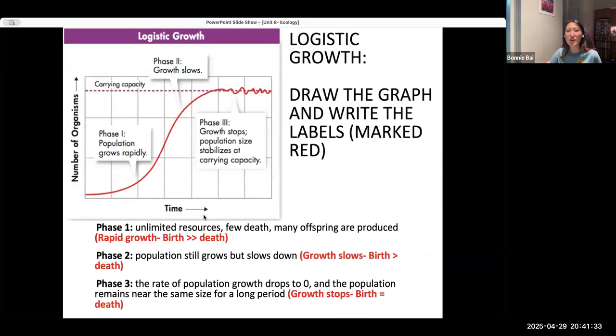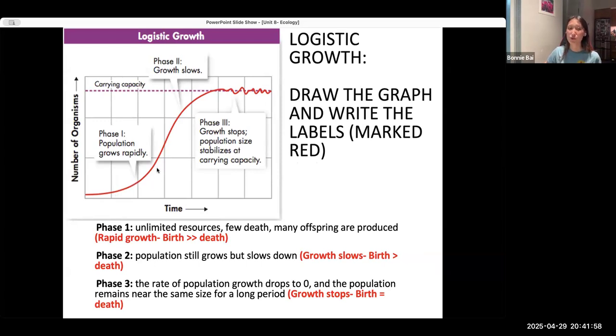Okay, moving on from here, we have logistic growth. It is more realistic, what happens with organisms. It makes sense. At the beginning, it's kind of slow because you don't have a ton of population to start with, right? But as the population accumulates, they're also able to survive and reproduce and pass on their genes. So then the population is going to start growing faster and faster and use more of the available resources.